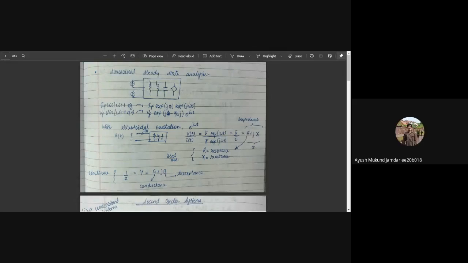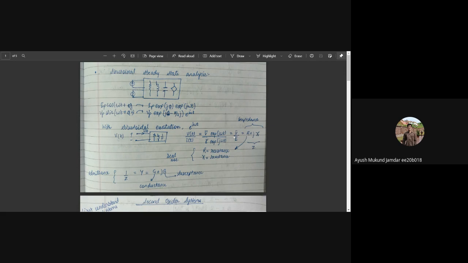Hello. So this video will take forward the discussion of the LCR systems. We saw the first order systems and various responses to it, and we saw the impedance can be represented as R plus jX, where R is the resistance and X is the reactance. Resistance and reactance together make the impedance, and the reciprocal of impedance is what we call the admittance. The admittance is again G plus jB, where G is conductance and B is susceptance.